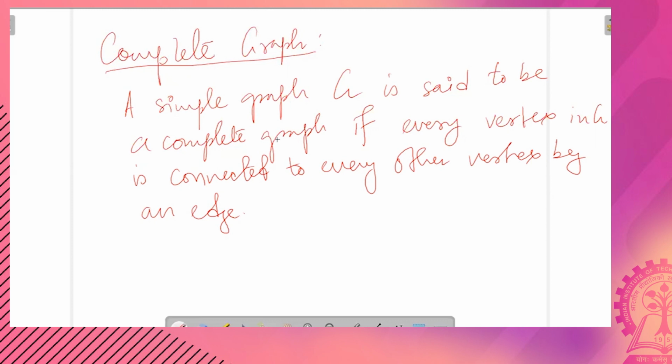Sometimes these graphs are also called cliques,